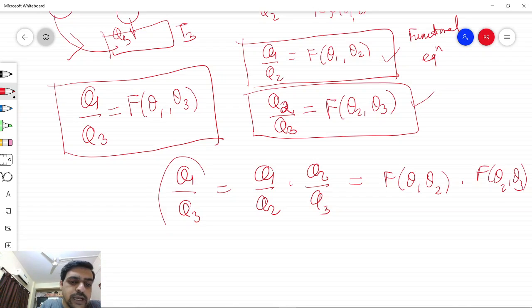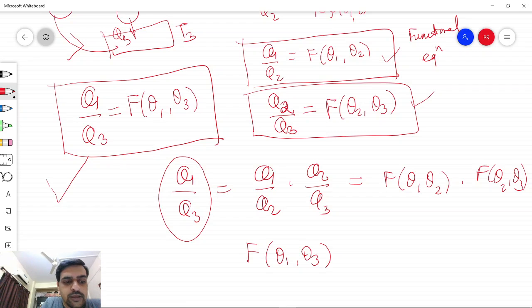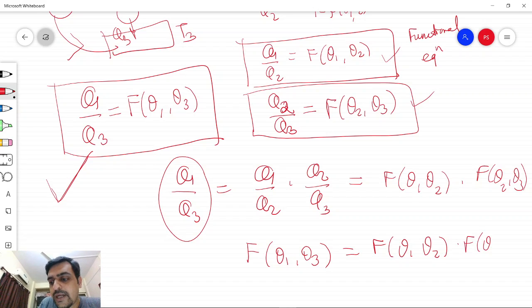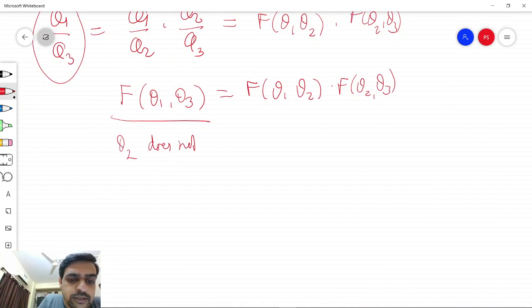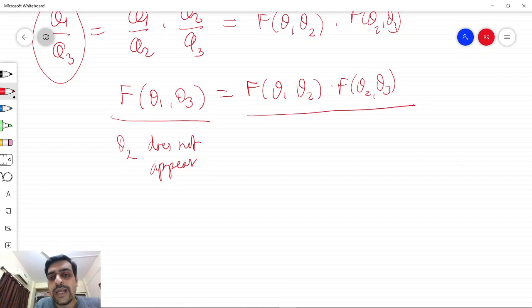But if we look at the LHS, we have F of theta 1 theta 3 equal to F of theta 1 theta 2 into F of theta 2 theta 3. Now note that on the left hand side theta 2 does not appear. So LHS is not a function of theta 2. So we have to eliminate theta 2 on the right hand side as well. This can be done by